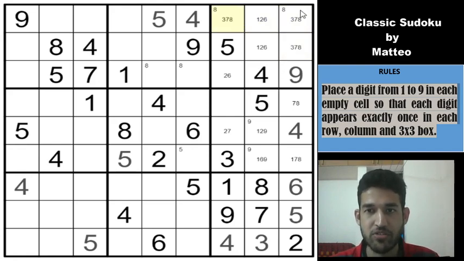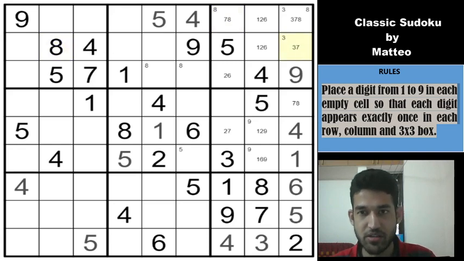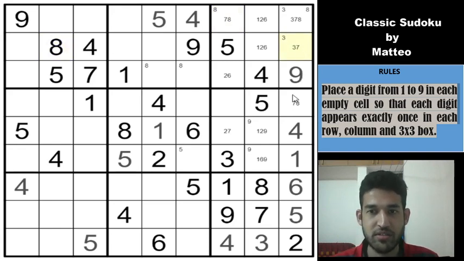Right? So now if I look at column 9, there is only one cell left for the 1. So we can place the 1 there. So 1 goes here, and that gives a 1 by classic here. So 3 must be in one of these cells, so which means that I can remove the 3 from here. So this is not a 3, this is 7 or 8. And even 8 can be removed, right? 8 is here. So which means that this cell is not 8, so this is 3 or 7.